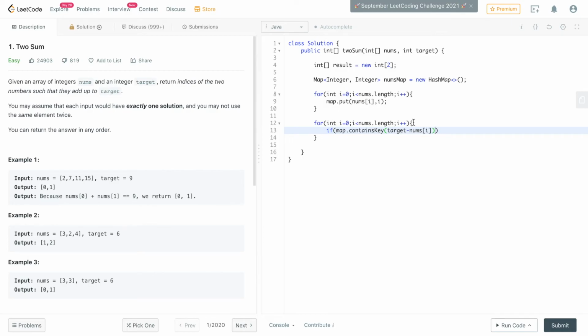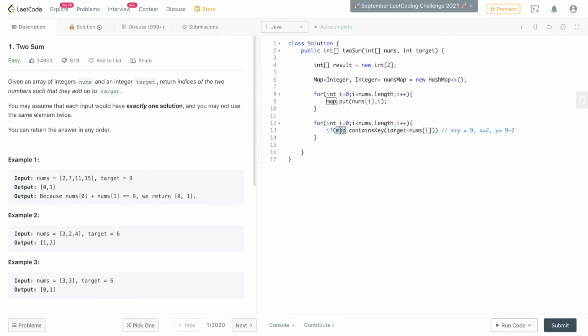So this is what I was explaining, that if x plus y equal to 9 and x is 2, then y is 9 minus 2. So we have this value, right? This is y, 9 minus 2. So we are just checking if 9 minus 2, that is equal to 7, exists in the nums array.